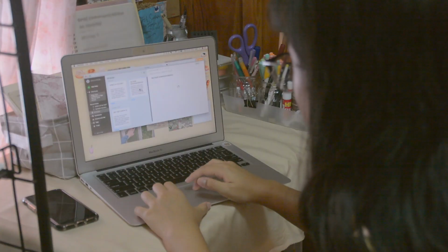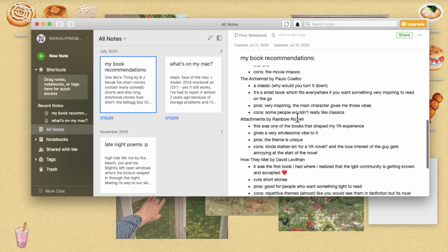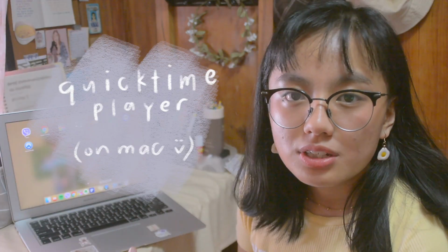Evernote is where I type my files, my scripts, some drafts of a study that I'm doing, some notes, if I want to make some notes over here. I prefer this over the Notes app. What I use to screen record is QuickTime Player. I don't recommend those third-party apps that you download from the internet because I find them to be more laggy